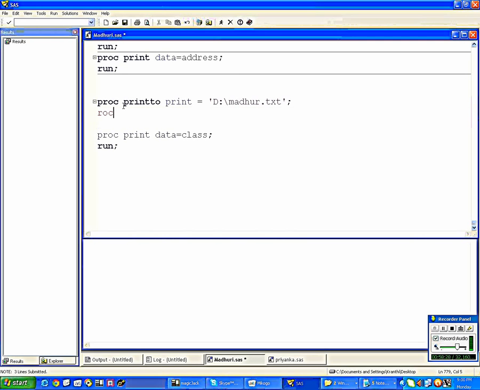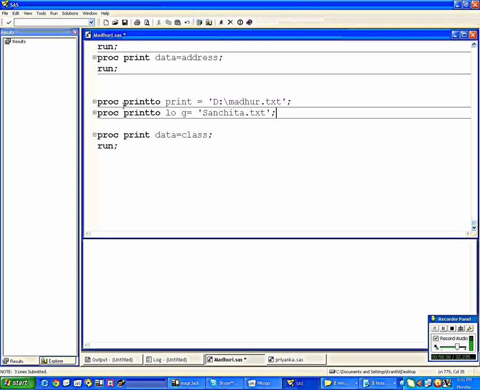Then proc printto log equal to, I want to print the log to sanchita.txt in the data. Means I have given a separate location to the text file, log as well as to the print.